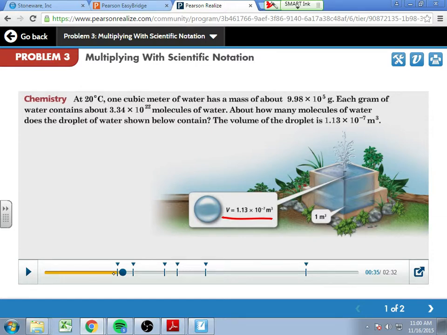About how many molecules of water does the droplet of water shown below contain? So I guess it's the volume of a droplet. And then it's given to you, 1.13 times 10 to the negative 7th, right here, or you can see it down there. So if you want how many molecules per one droplet,